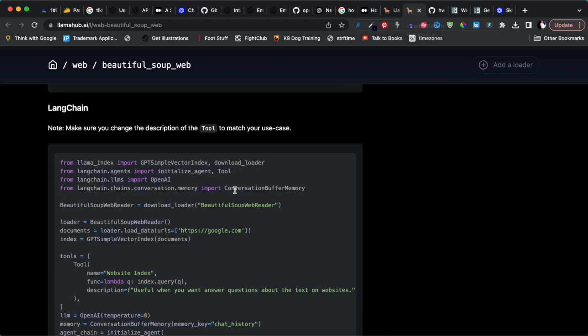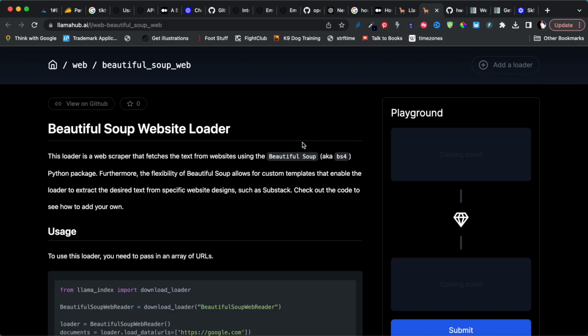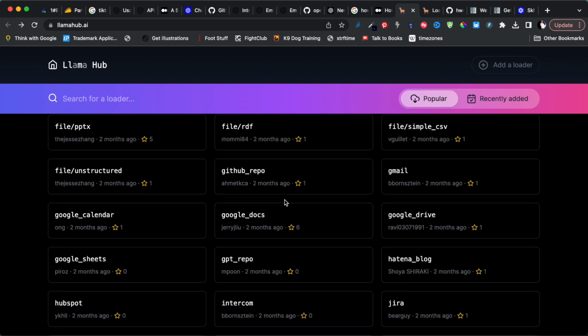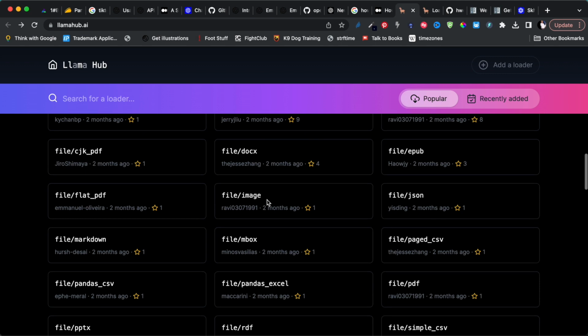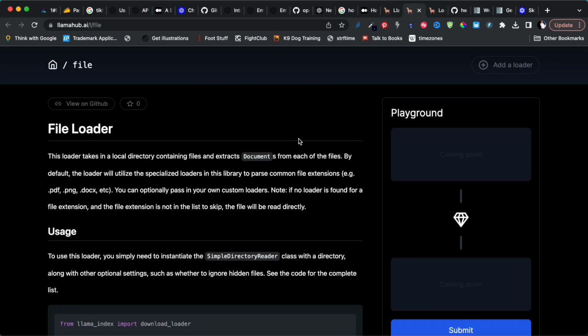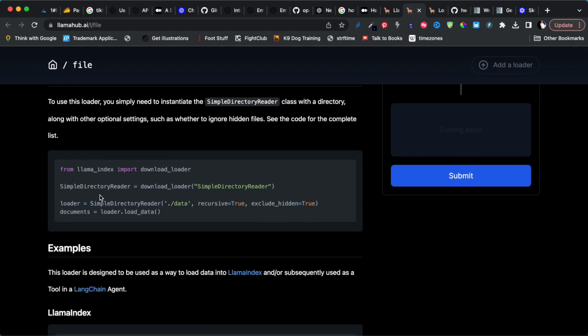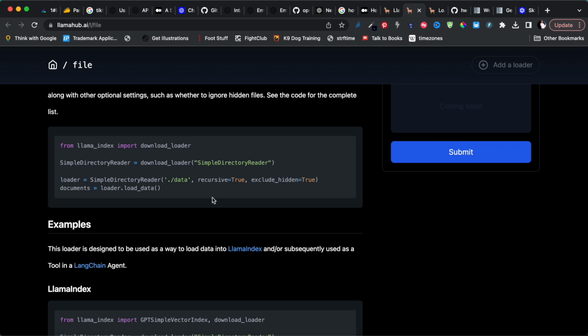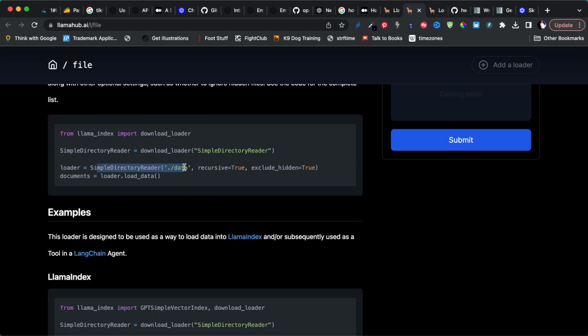We're not going to cover the file loader today, but the file loader works exactly the same way. Once you figure out how the Beautiful Soup loader works, you can use the exact same principle to use any other loader. And what I love about this loader documentation is that they give you the sample code of exactly how to use a loader. So if you wanted to use the file loader, for example, which is this one over there, if you open this in a new tab, you can see it shows you exactly how to use the Llama Index to use that specific loader,